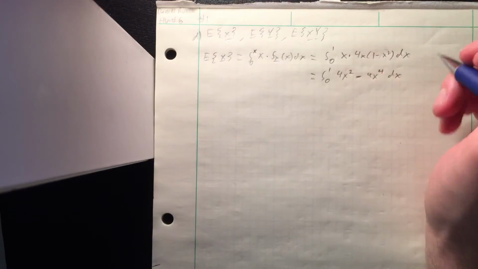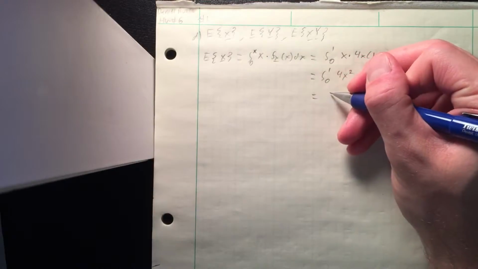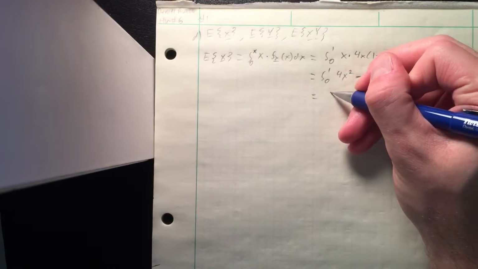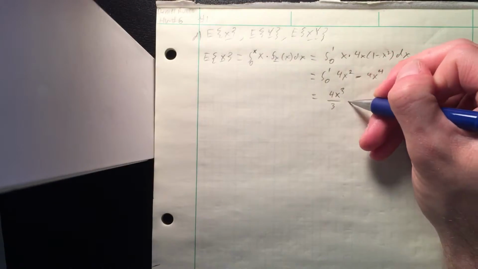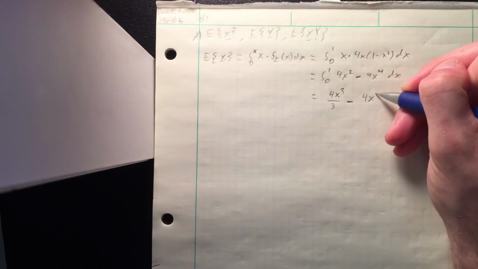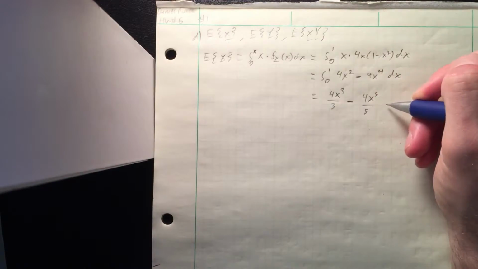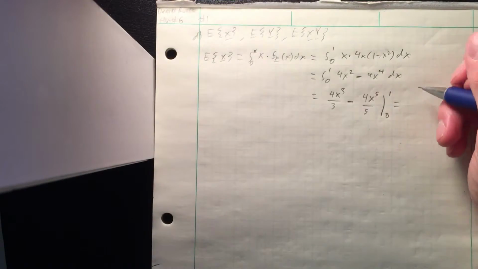So distribute that, and we're going to do the whole integration together. So 4x cubed over 3 minus 4x to the fifth over 5, evaluated from 1 to 0,